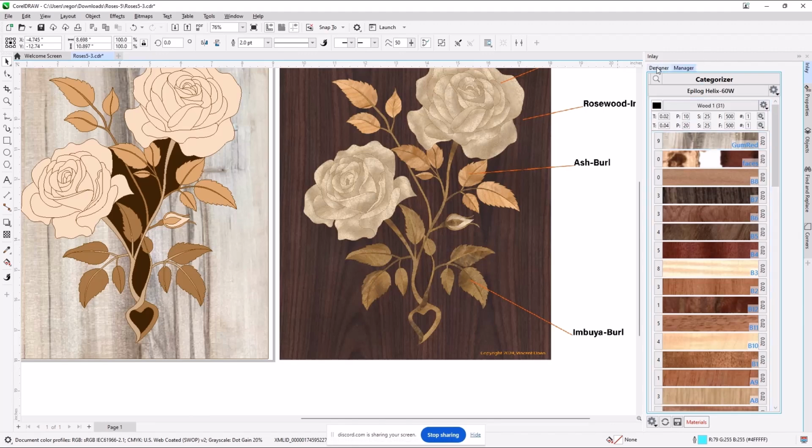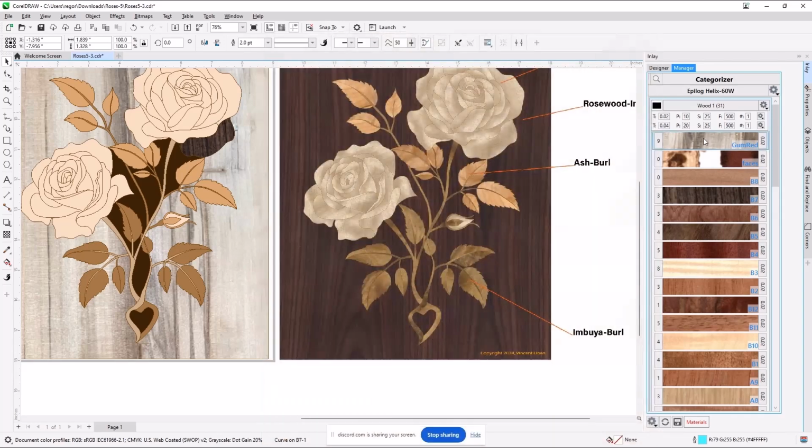What you need to be aware of, and I'll show you in just a second here. So this is the manager mode. I just selected a veneer for this portion of the picture that's here and here. And that worked. These are not good choices for this picture, but it worked. Now I'm going to go back to the designer mode. We were just doing the manager, which allows you to design your machine, load up, and work with wood.